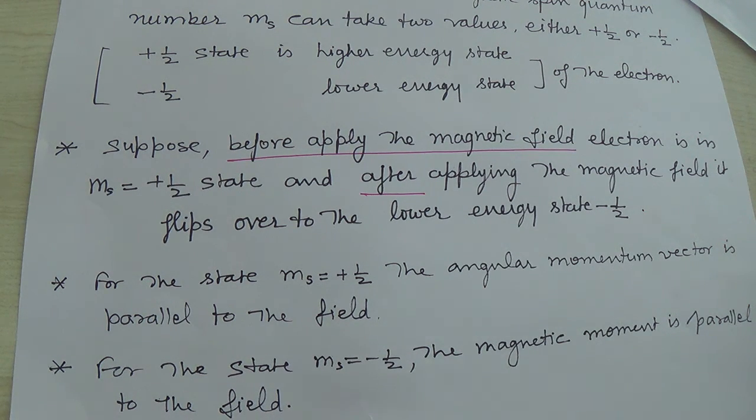So there are two concepts. One concept is that the electron in the absence of an external magnetic field is in the plus 1 by 2 state, ms is equal to plus 1 by 2 state, and when you switch on the external